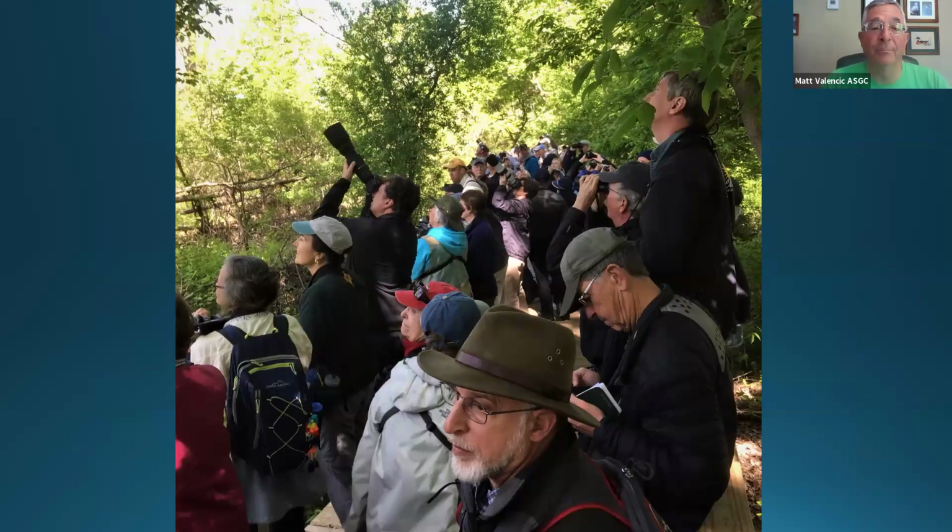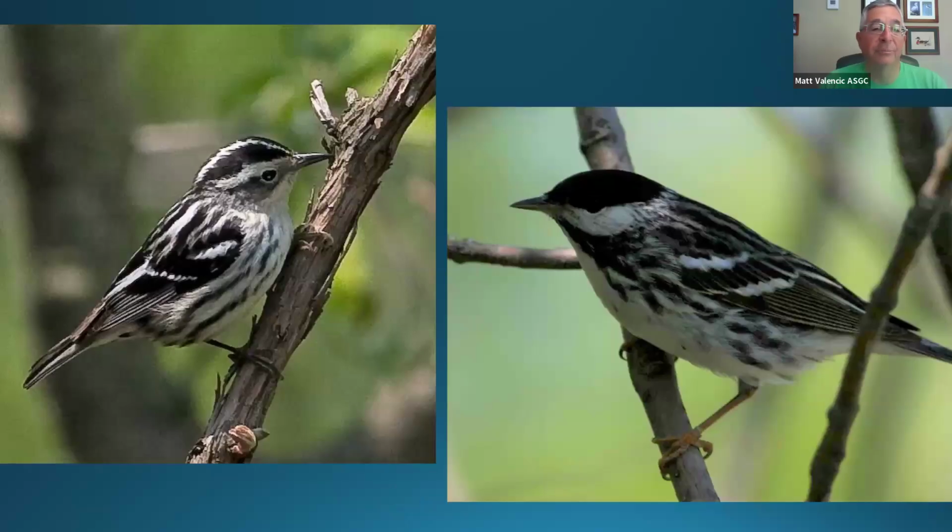So let's look at some of the ones that are moving through and moving north. And then we'll finish it up with our breeding birds, and we'll call it a day. Here's the black and white on the left we talked about earlier, and the black poll on the right, poll meaning head or cap rather. So they're a little bit different. The black and white warbler is going to act like a nuthatch. The black poll is going to be like a regular warbler, just going to be busy, busy, busy, moving through